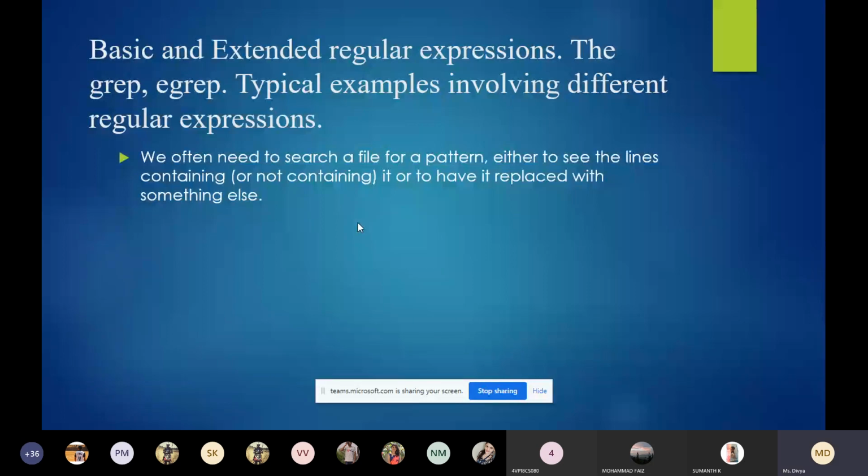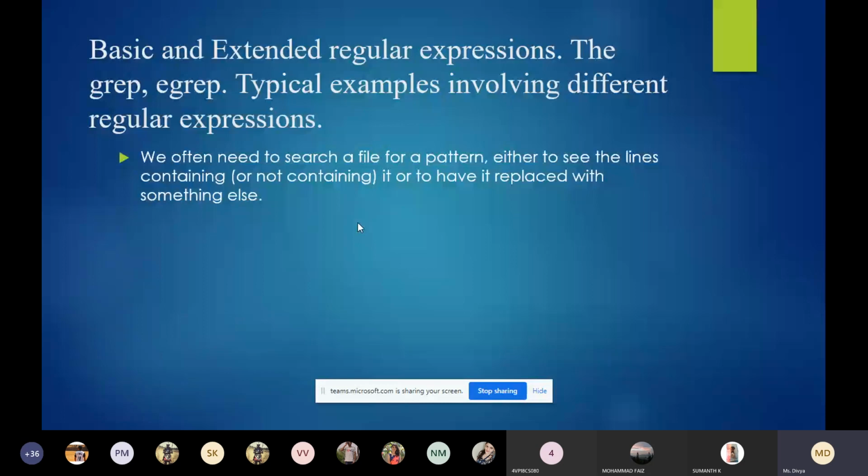I'll tell you what a regular expression is and what the grep command is for. We often need to search a file for a pattern. For example, I have a file 1.txt.